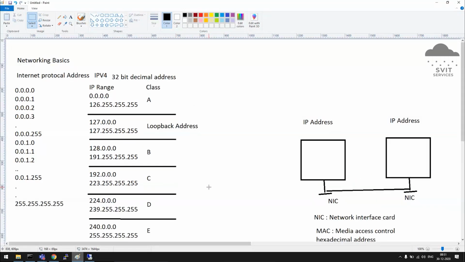These many IP addresses are there. For easy management, they have segregated them into multiple classes. Class A, B, C, D, up to E, they have segregated.